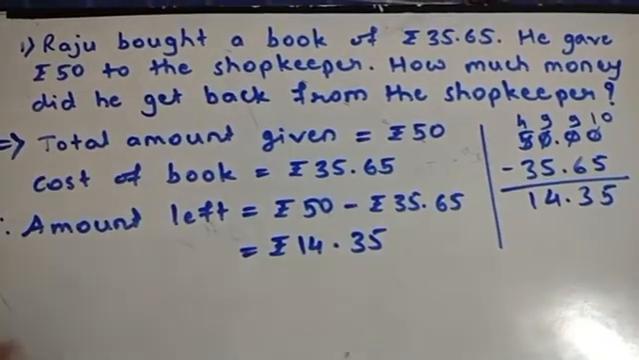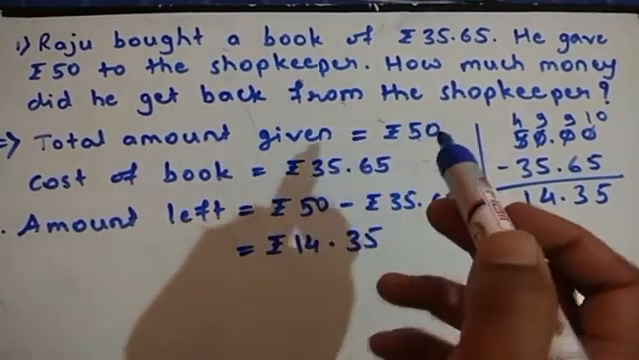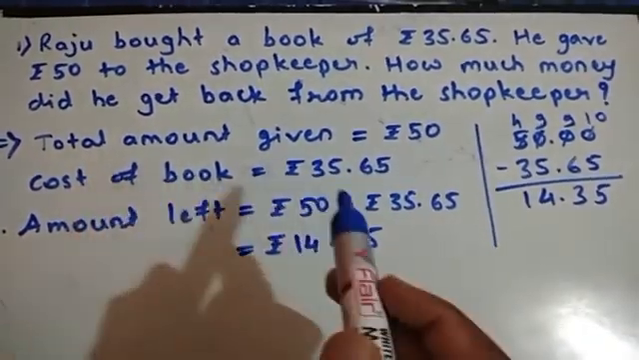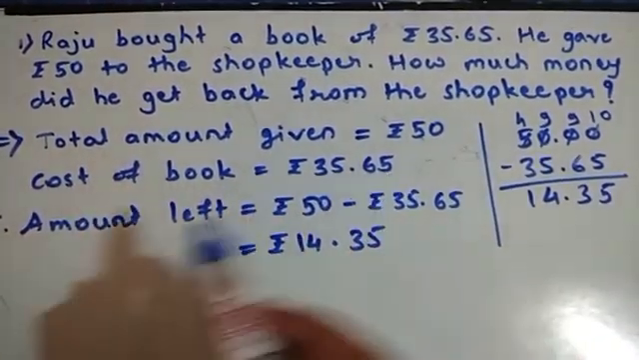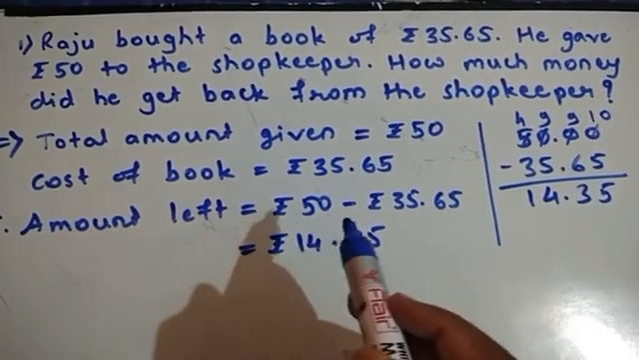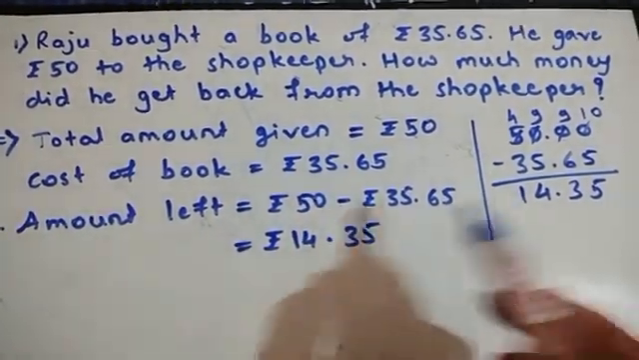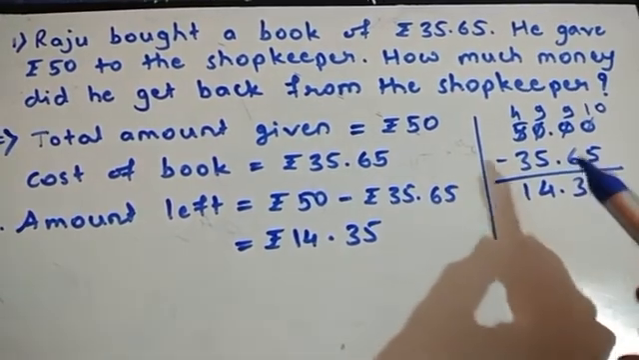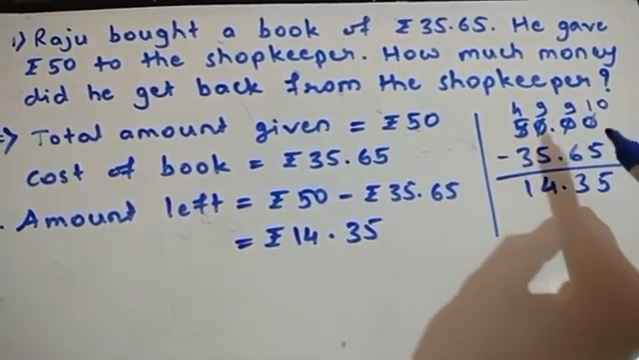Therefore, total amount given is rupees 50. Cost of book is rupees 35.65. Therefore, amount left is equal to rupees 50 minus rupees 35.65. That is 50 minus 35.65, we can write like this, 50.00. Okay. Now here see